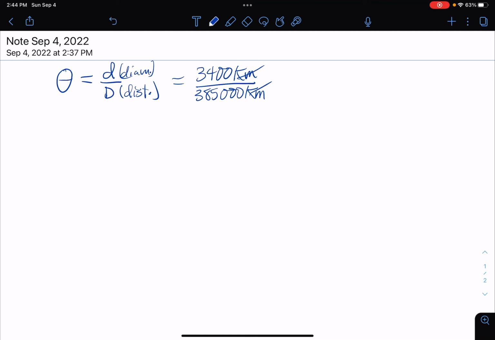The equation here is theta is the diameter of the object divided by the distance of the object. So diameter is on top, distance is on bottom. They both have to have the same units. You can see I canceled out the units here. So I put 3,400 for the diameter in the numerator, 385,000 for the distance in the denominator, and we switch